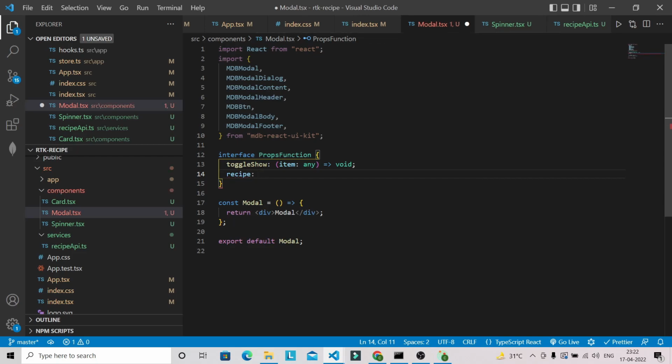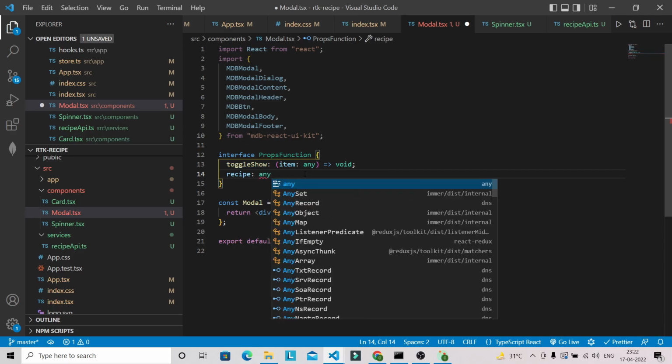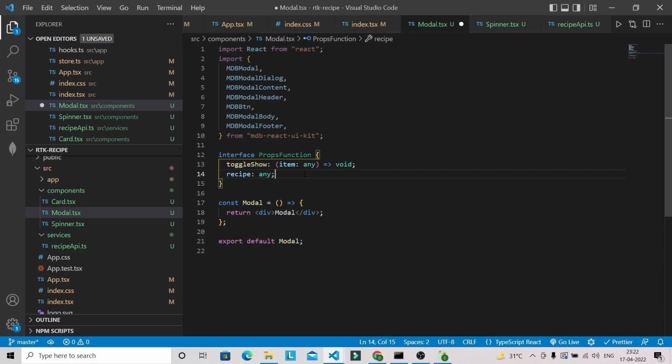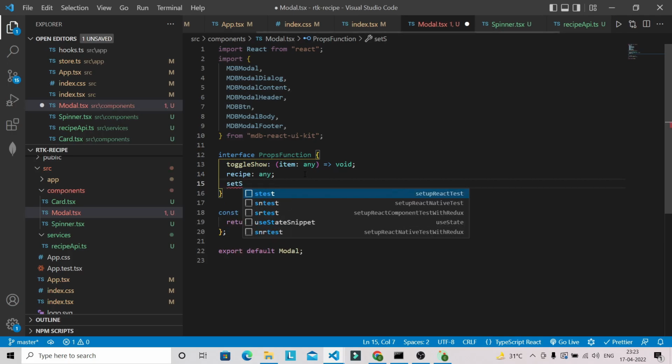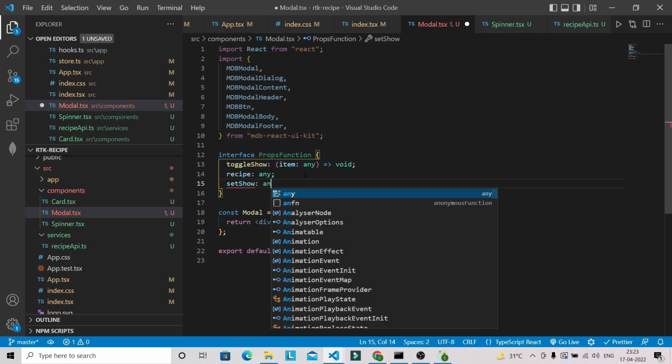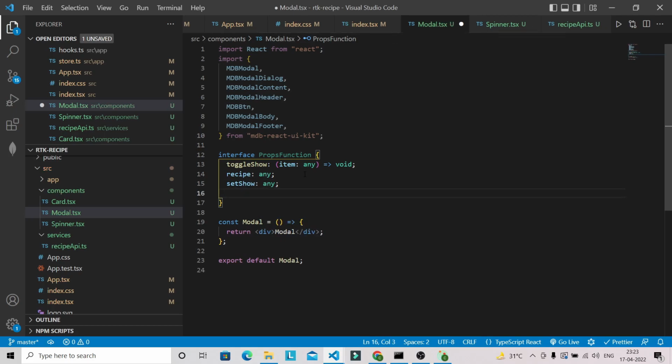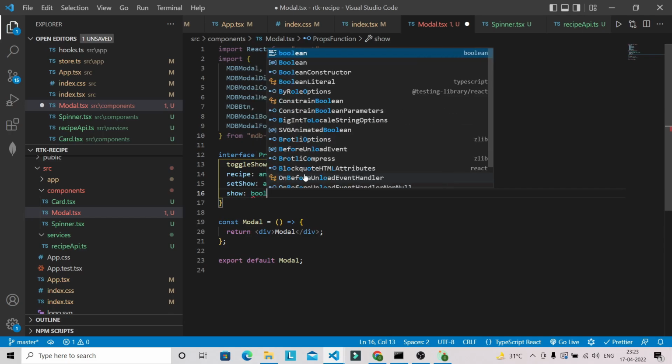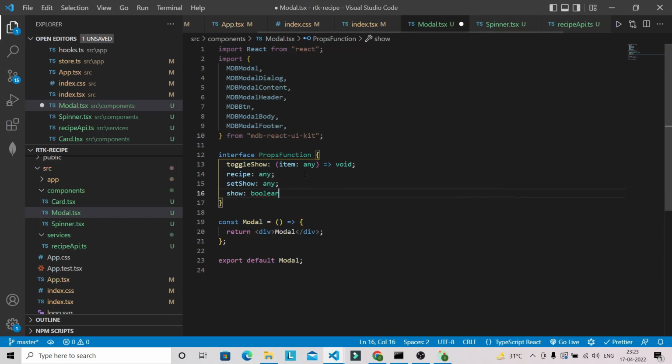This is a function, that's why I have written it this way. This is an object, so you can give any here if you want. Then setShow, so it will be boolean. Okay,